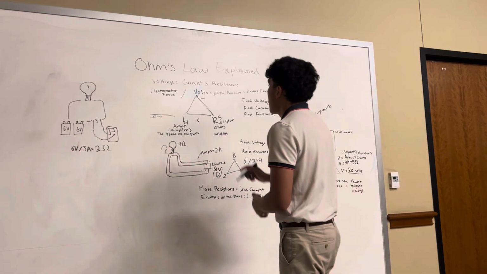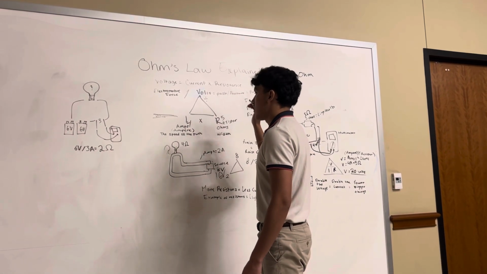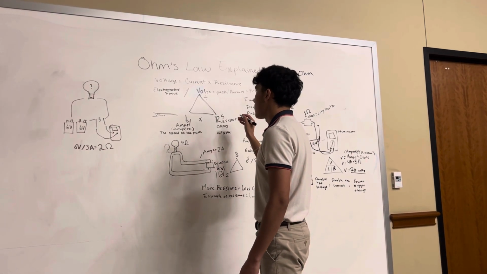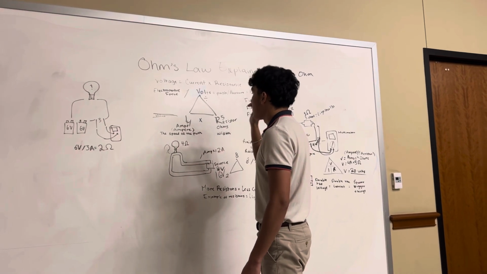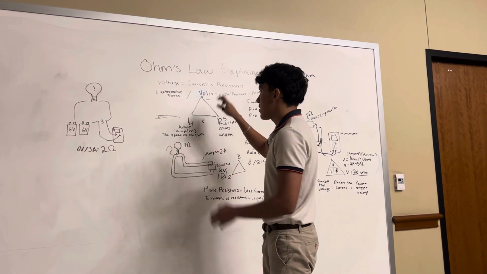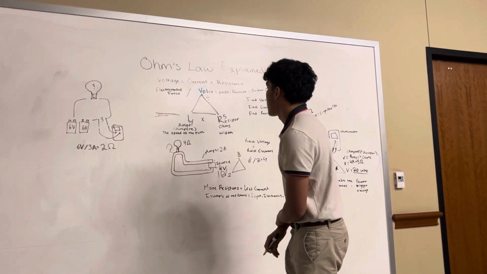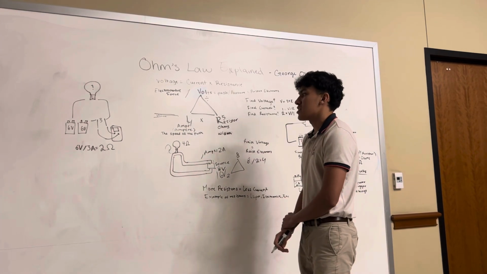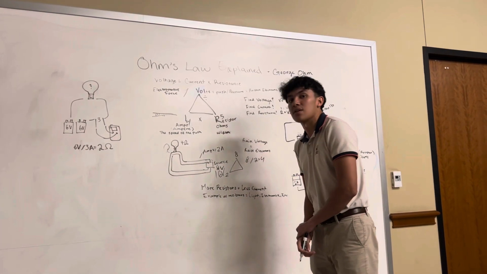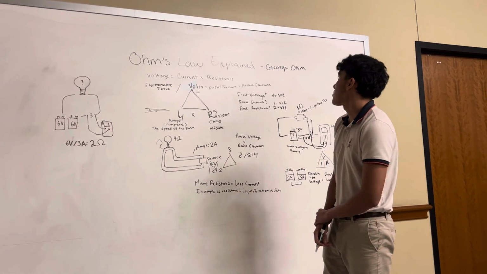It's basically just using different factors such as amps or resistors to find volts, or finding amps with volts and resistors. It's all interchangeable. So once again, I hope this was a very brief explanation. I hope that I did my best in order to explain to y'all. This concludes my Ohm's law